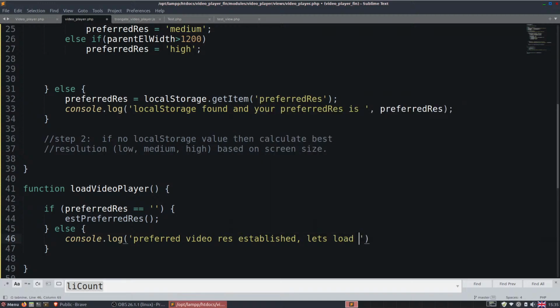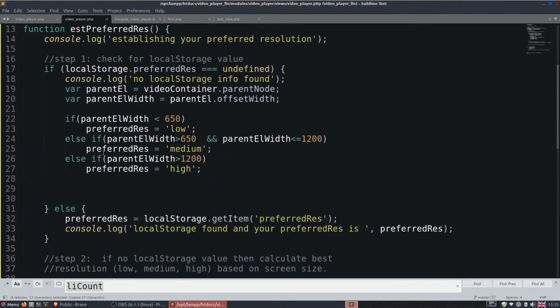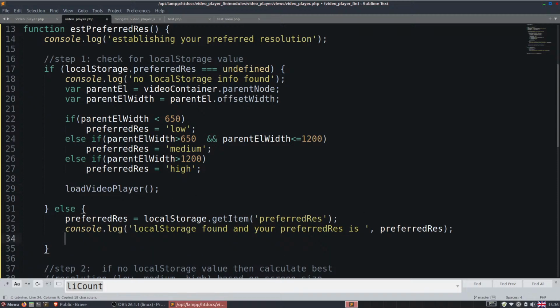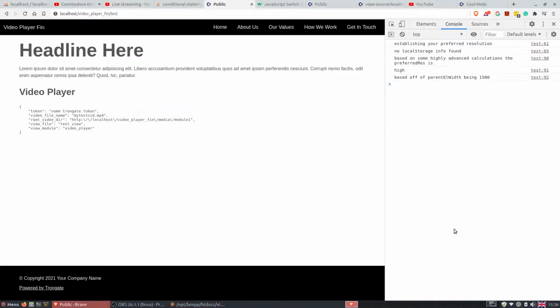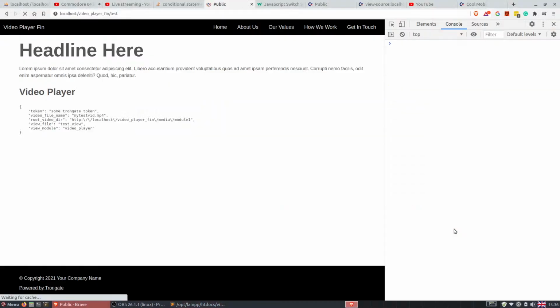So let's load the thing. So when we get to that little point back here, we can just say load the video player. Pretty cool. And here we can also say load the video player. So what's going to happen is when we load this thing up,